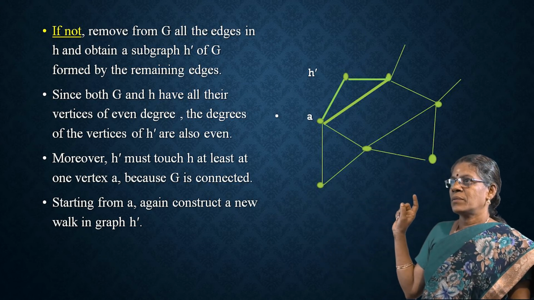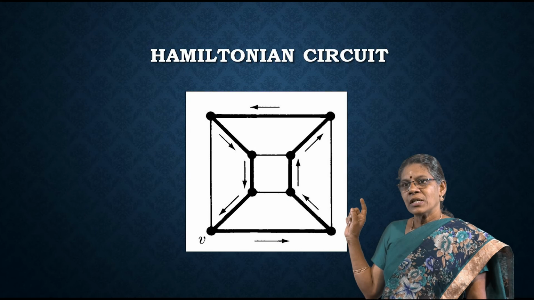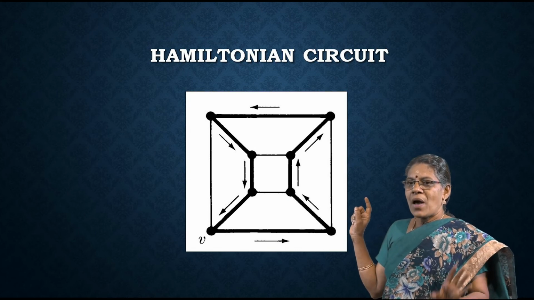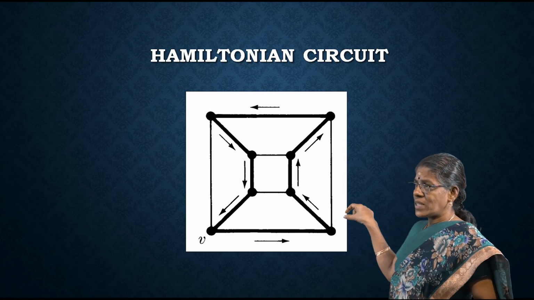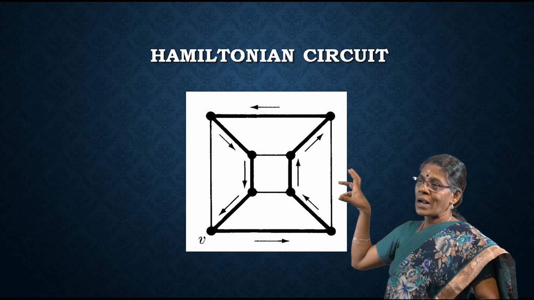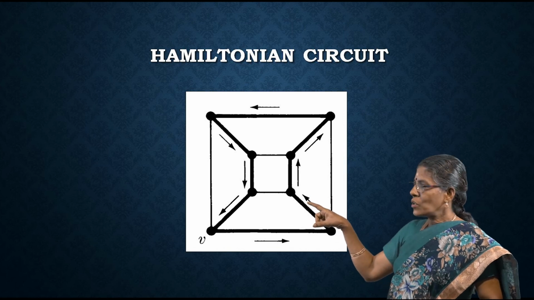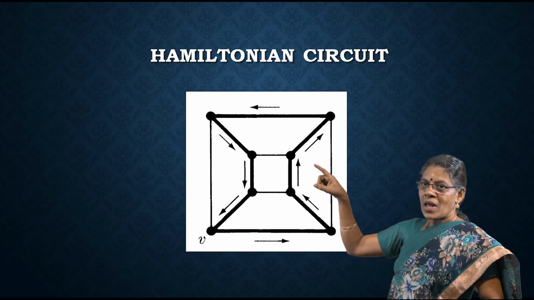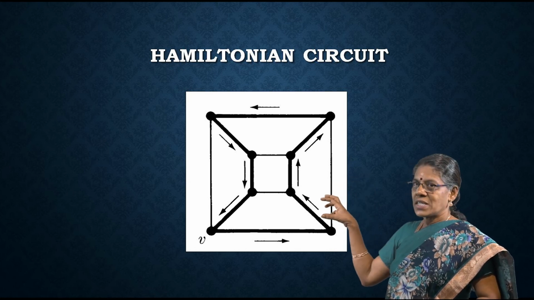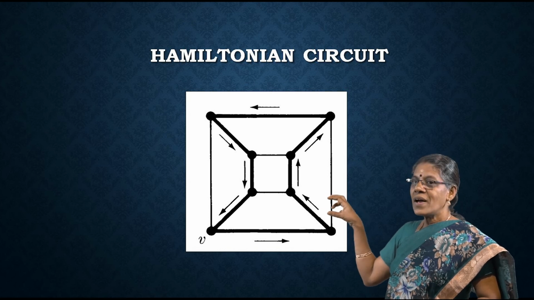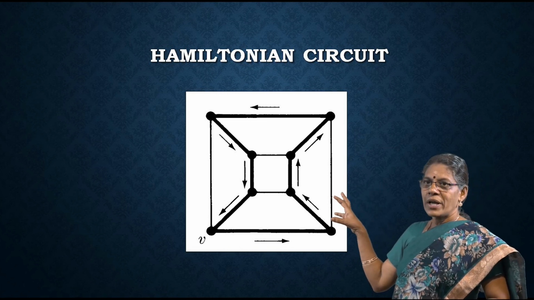Next term, another important term, Hamiltonian circuit. So, what is meant by Hamiltonian circuit? See the figure. The dark edges give you the concept. Start from V, go through the arrow edges and come back to V. So it travels all the vertices. The path contains all the vertices of G. So the circuit contains all the vertices of G. Okay. Next,